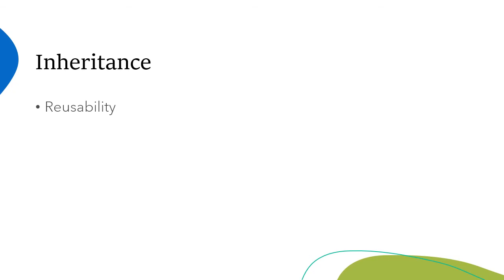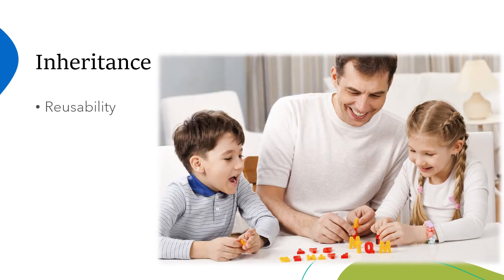Inheritance is a very important feature of object-oriented programming, which gives you the feature of reusability of the code. So if something is already defined in your parent class, it can be reused in the child class, right? The way we inherit the property from our parent, children get the property of the parent without doing anything, isn't it?